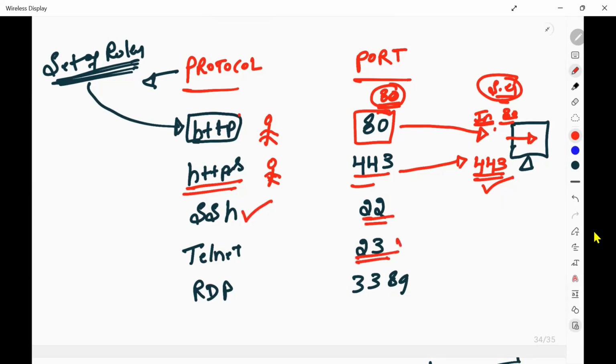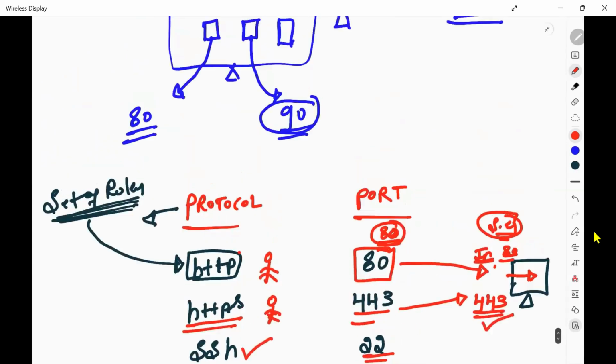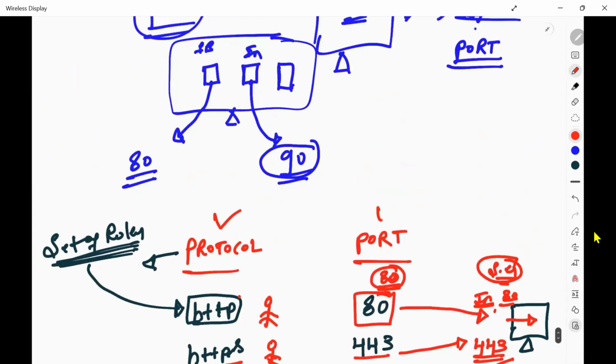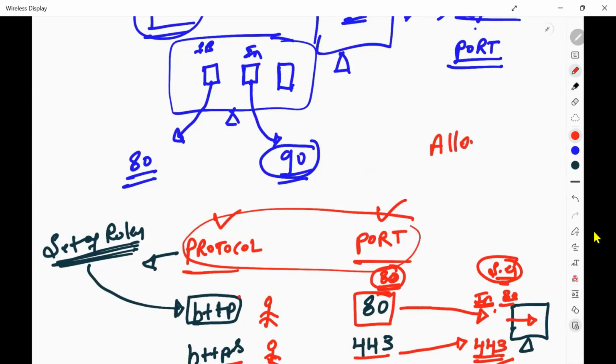If this guy comes, 23, 3389. So that is how, based on your port, protocol or IP range, you are allowing or denying traffic to your EC2 instance. Clear, guys?